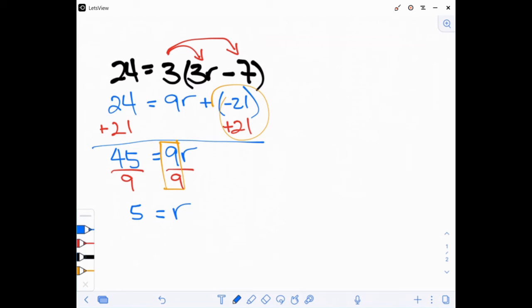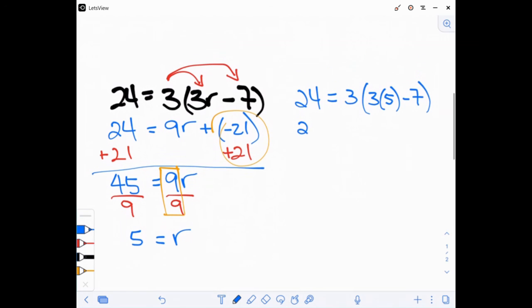Well, we can check our work. I think r equals 5. Let's put it back into the original equation. 24 equals 3 groups of 3 times r. Well, we said r may be 5, minus 7. Let's solve this equation. 24 equals,